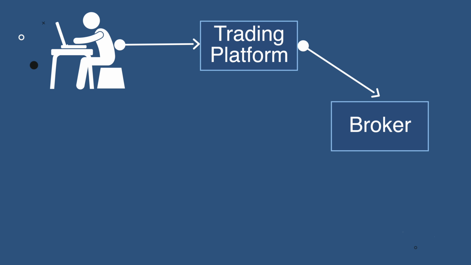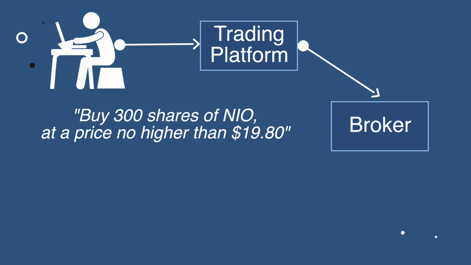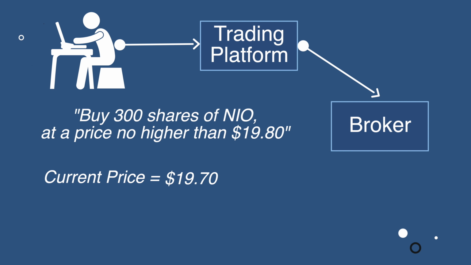Sometimes, the broker may have to break the lot in order to be able to complete execution. For example, let's say you gave a marketable limit order to buy 300 shares of NIO at a price no higher than $19.80. The current price being shown on your trading platform is $19.70. The order is given to the broker, and it may happen that it was able to buy only 100 shares at the price